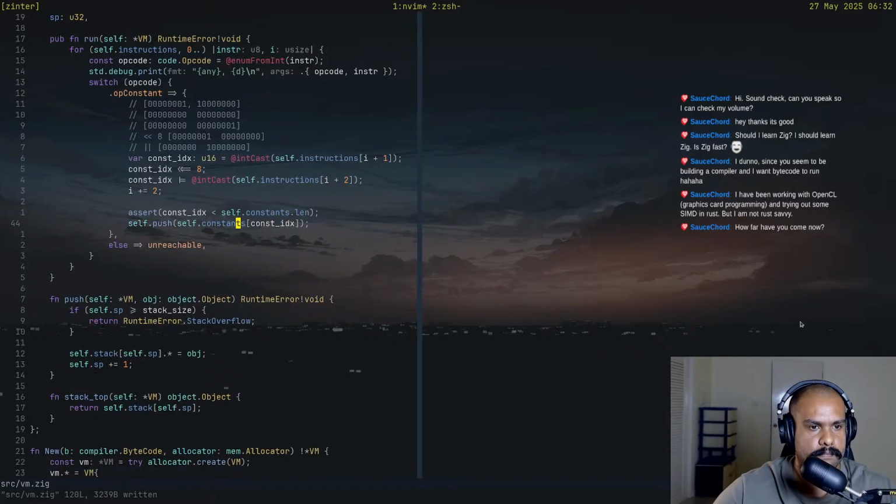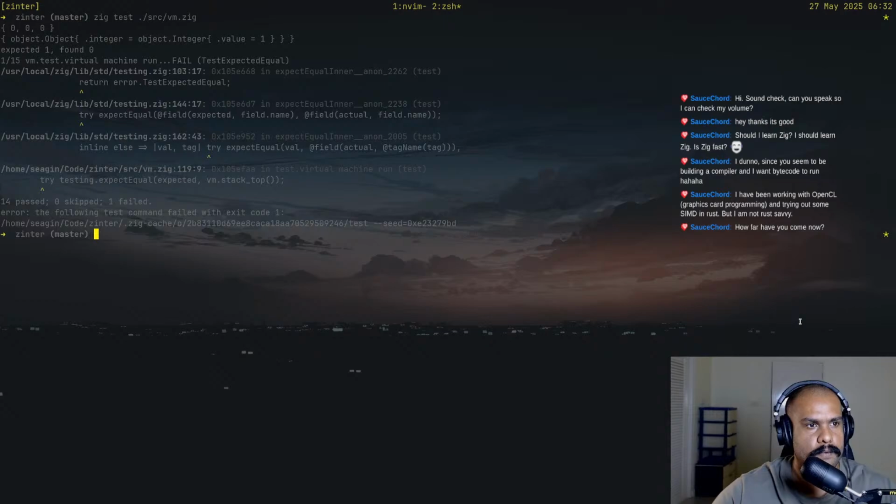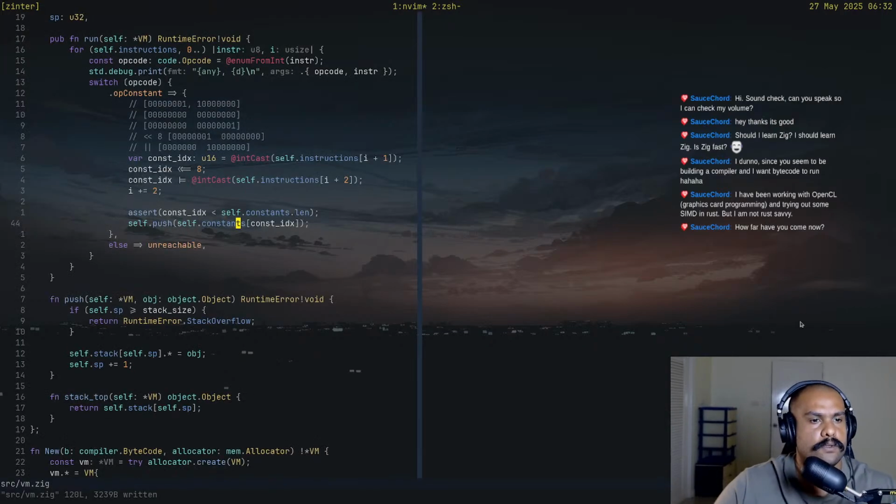Yeah, so it's fine. Okay. See what I'm doing. It should really just be 0. Then push self-dot constants of const index. Let me check push, self-dot stack pointer is greater than stack size. It will return an error. Otherwise,